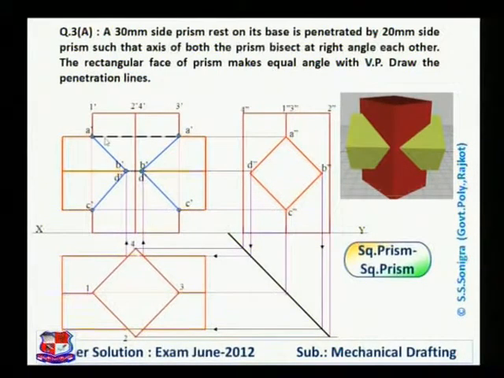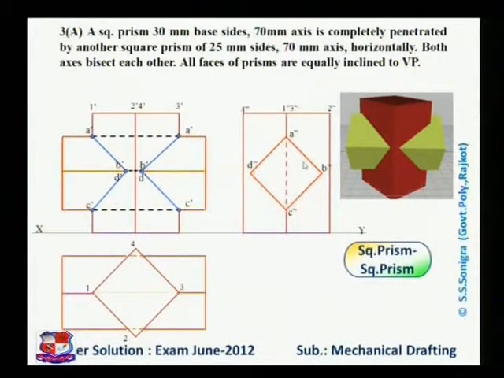Then draw a dotted line from here to here, because this horizontal prism is inside this vertical prism. So from here to here its side would not appear. So this would be shown by a dotted line. Here also a dotted line would be there because it is inside this prism. Here also this edge would not appear. So it is shown by a dotted line, this edge which is on the backside will not appear. And this is the final solution of the given problem.